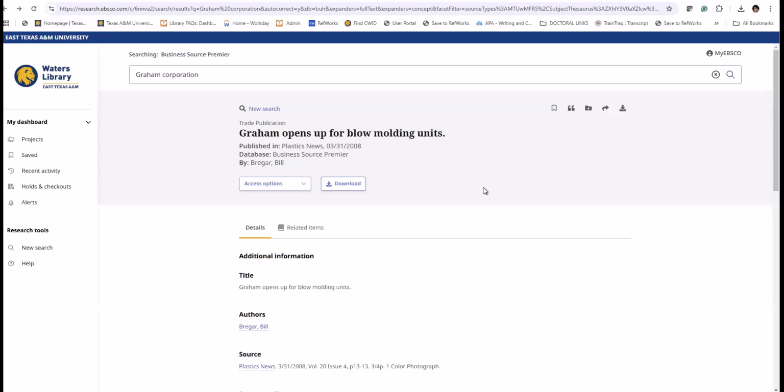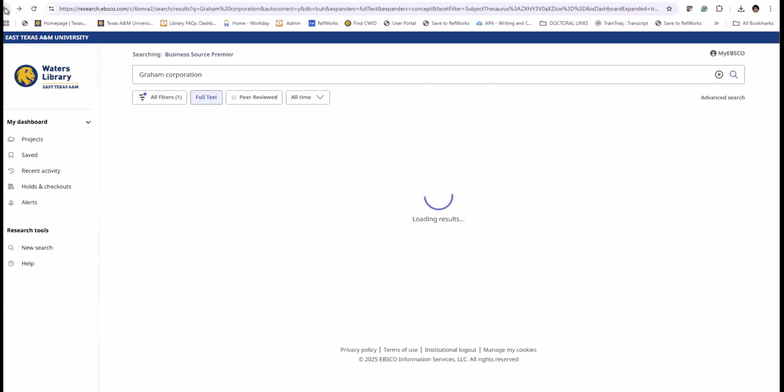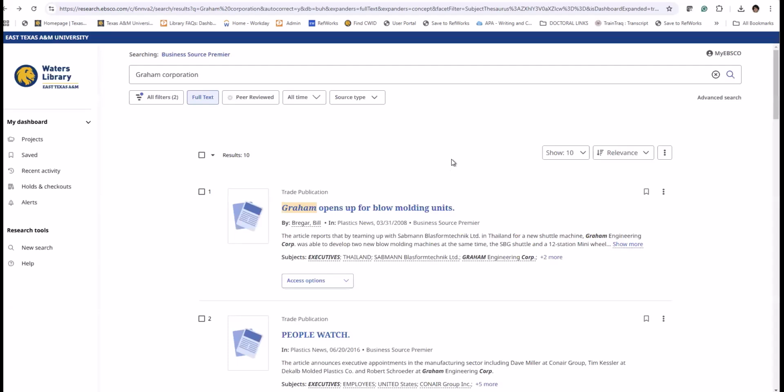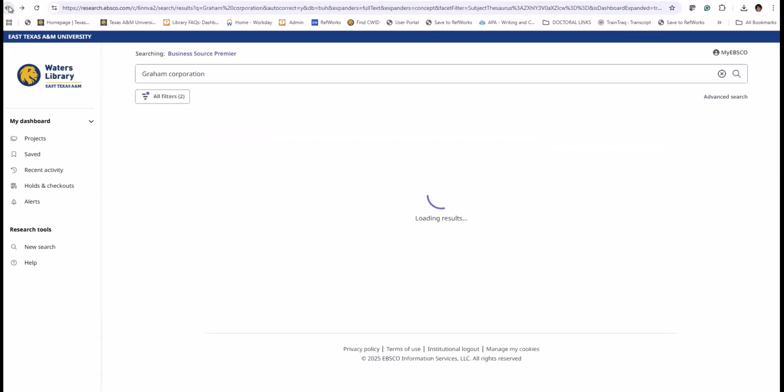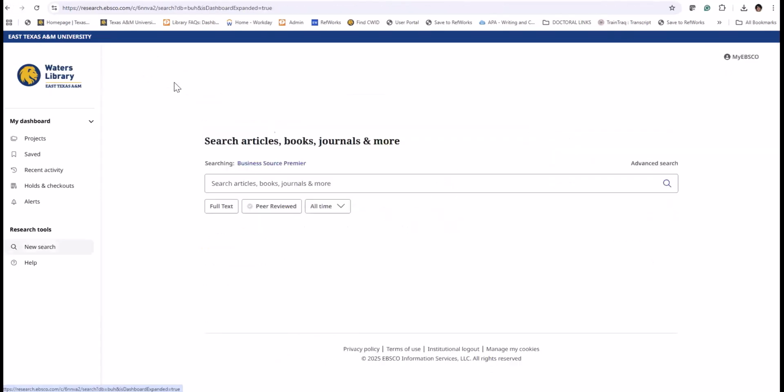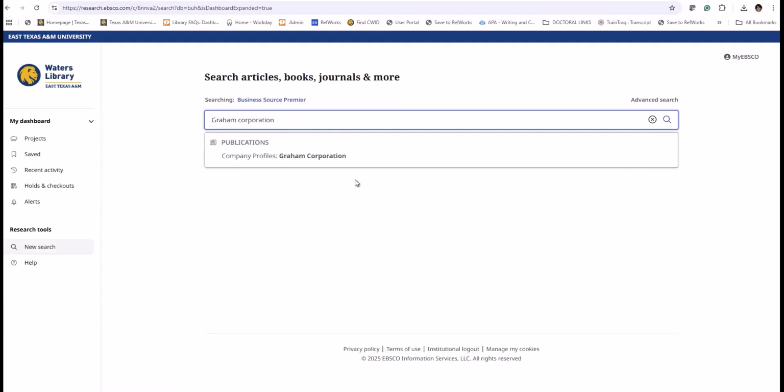Okay, so I'm going to go back to, it was just a kind of introduction. I want to show you how a smart filtering works, and how searching by the name of the company works. Let me go back very quickly. Okay, I'm going to start over and put the name of the company, and it gives me some suggestions.